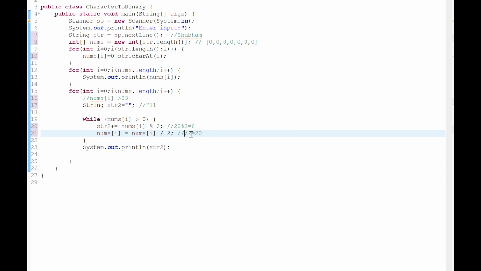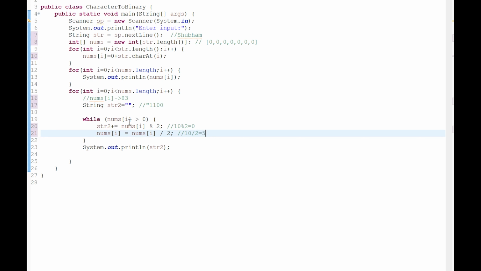This 0 is concatenated with the string, and 20 divided by 2 gives 10. 10 is greater than 0, and 10 modulo 2 gives 0. This concatenates with the string, and now I divide 10 by 2 and get 5.